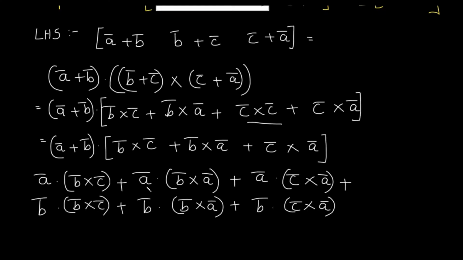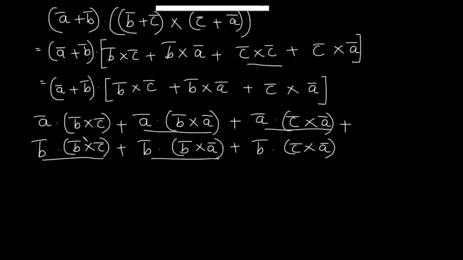Now wherever similar vectors are there, the scalar triple product is going to be 0. So A dot B cross A, this term becomes 0. Similarly, A dot C cross A is 0. In the same way, this term becomes 0 and so does this one. So thus we end up with just these terms, that is A dot B cross C plus it is B dot C cross A.